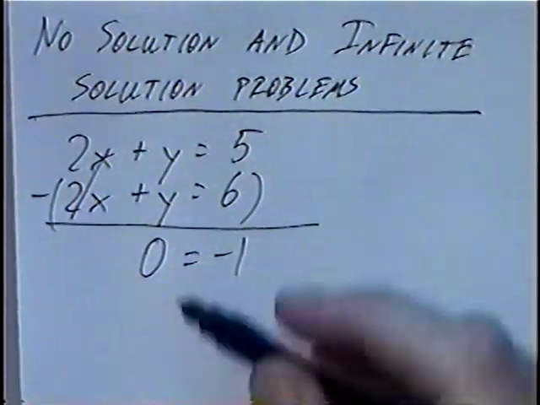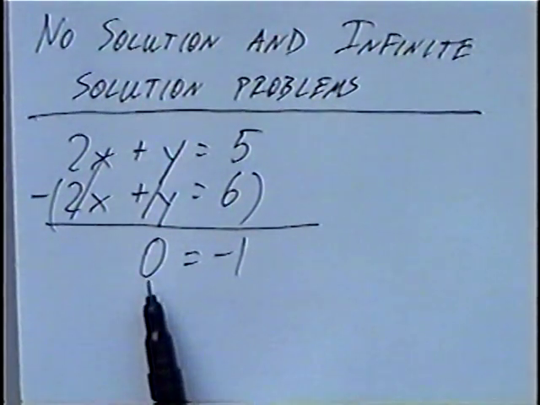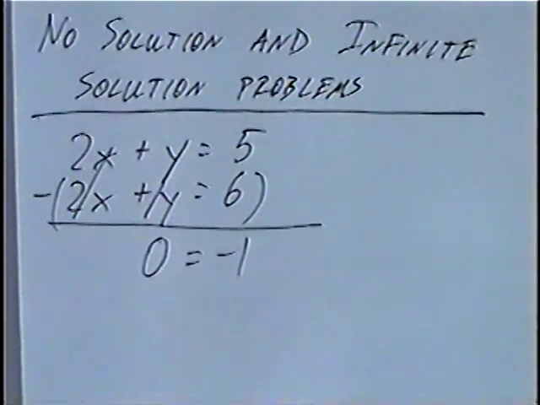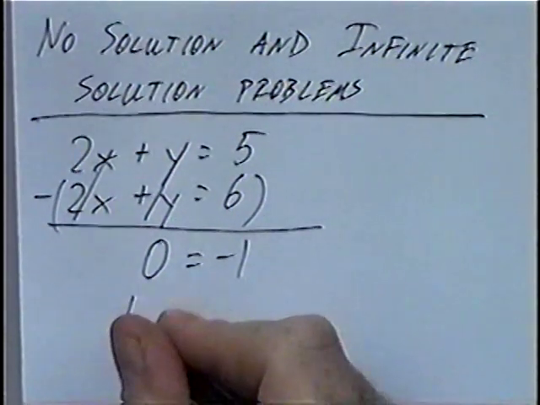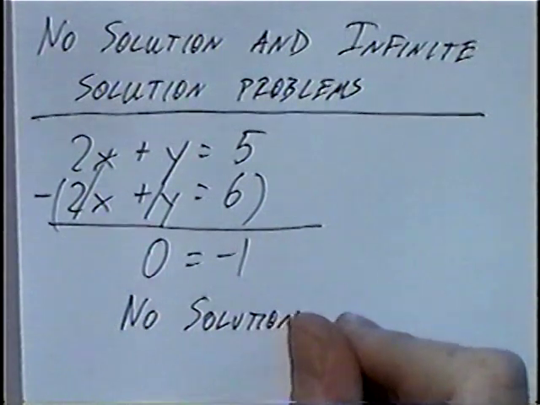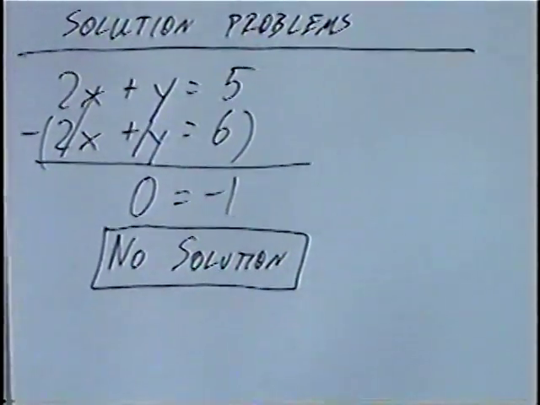In this case, the x's and the y's canceled out, and we're left with just numbers. In this case, we have 0 equals negative 1, which is a false statement. If the variables cancel out and you're left with a false statement, the answer would be no solution. The reason this graph or these equations